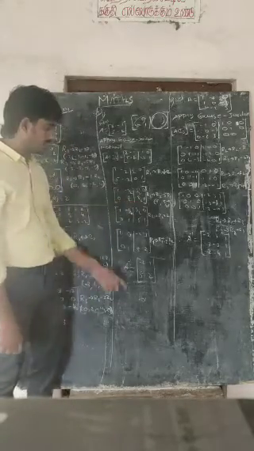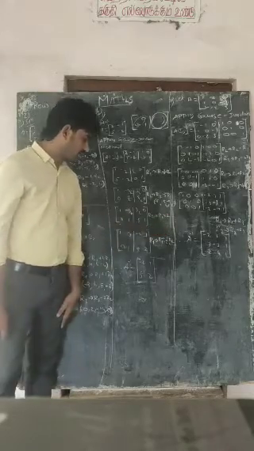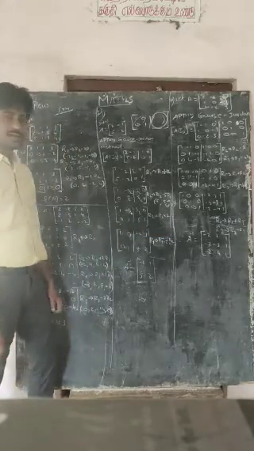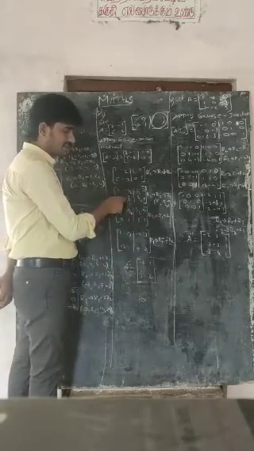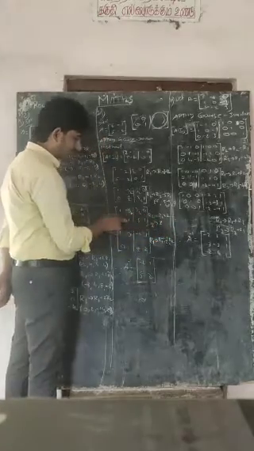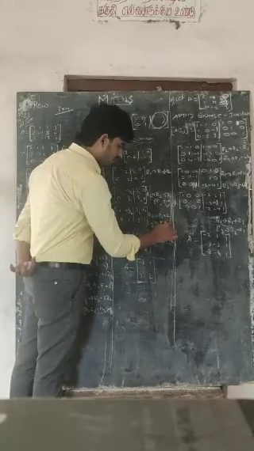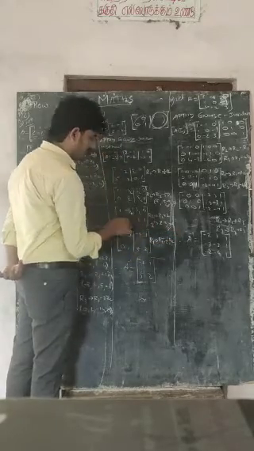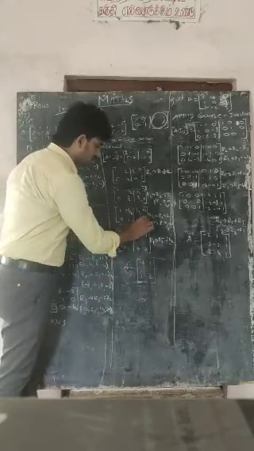Now R2 tends to R2 into 2. By what should R2 be multiplied? It should be multiplied by 2. So if you multiply by 2, here the term is 1 by 2. 1 by 2 is multiplied with 2. 2 2 will be cancelled. Your answer will be 1. Here the term is 5 by 2. 5 by 2 is multiplied with 2. 2 2 will be cancelled. 5. So now we can write on here. This will be a 2.